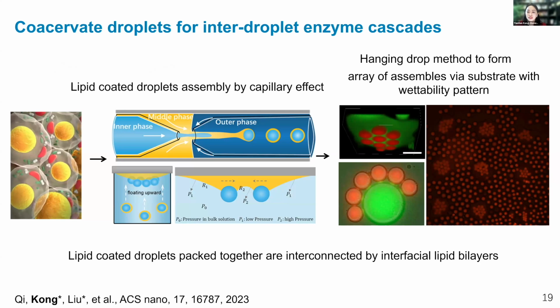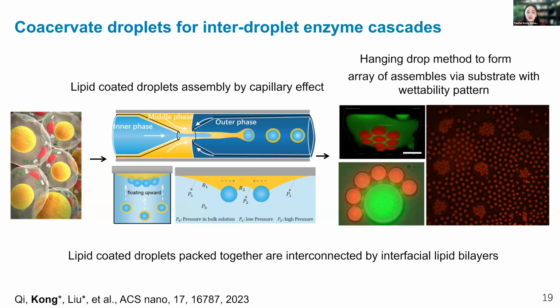reactions. Taking inspiration from the hanging drop method used in cell spheroid cultures, first we use microfluidics to produce lipid-coated coacervate droplets, and then we self-assemble them through capillary forces. Because these surfaces are lipid coated, neighboring droplets form interfacial bilayers. By carefully controlling both the number and type of the lipid-coated droplets in each cluster, we can